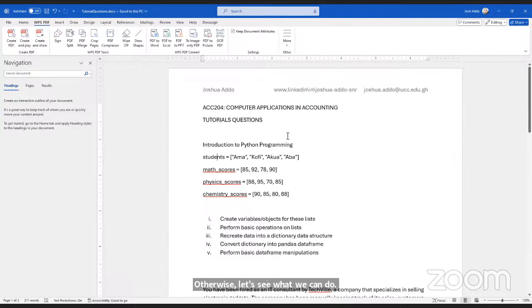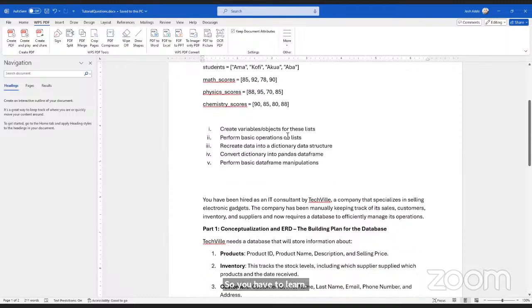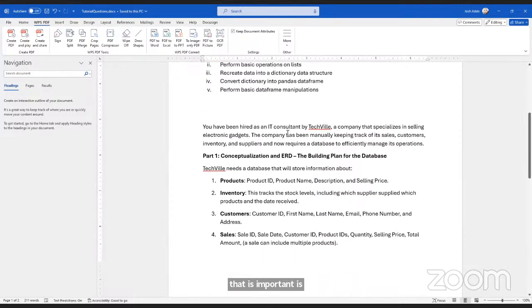But that is around how you will be examined. So you have to learn well. The main thing that is important is you understanding the logic of the system. These things are systems. Look at the database. It's almost the whole of the transaction cycle, from the point of purchasing the inventory to the point of its exiting.